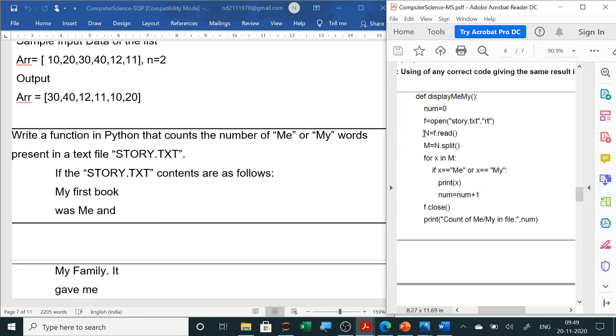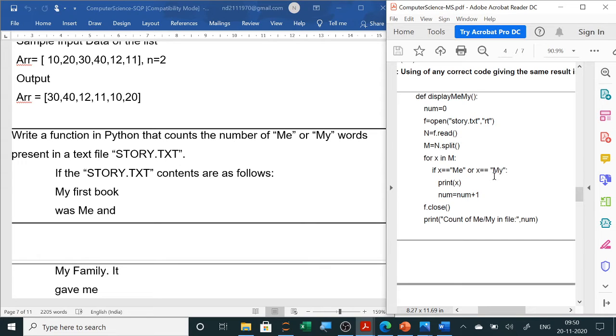Some students directly write n equals f dot read parenthesis dot split, or first read and then split separately. It will read the whole text and then split into words, giving a list. Now from the list we will extract one by one and use if to check here.